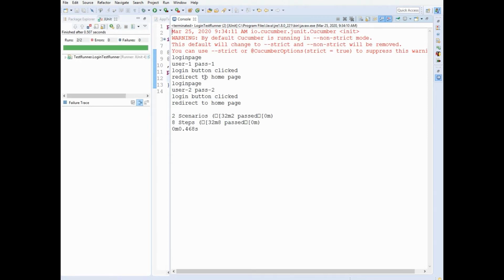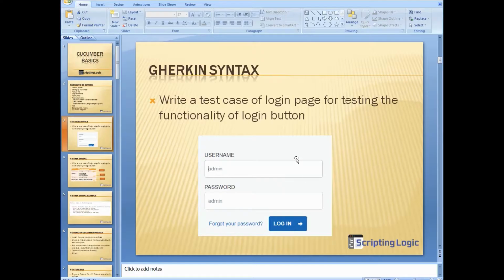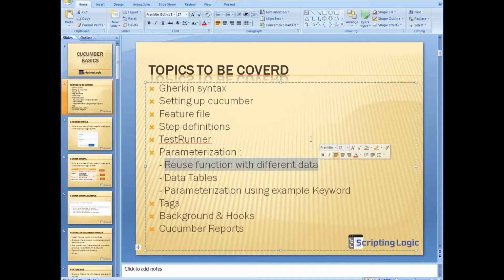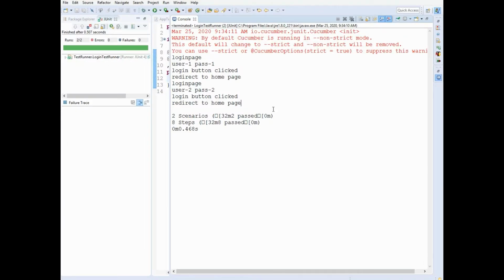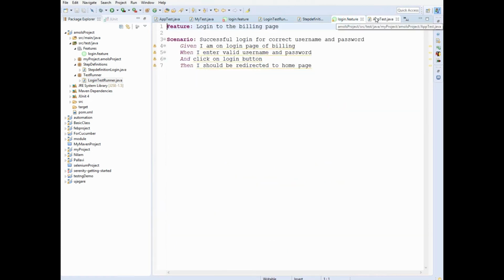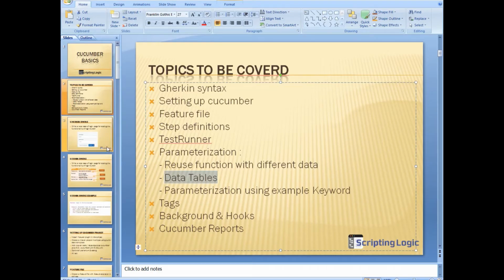See, the two scenarios have been executed, right? And for different username and password. This is for user 1 password 1, this is for user 2 password 2. So this is how you can use the first kind of parameterization, that is you reuse the function with different data. This is very simple, just you put the double quote. Fine.